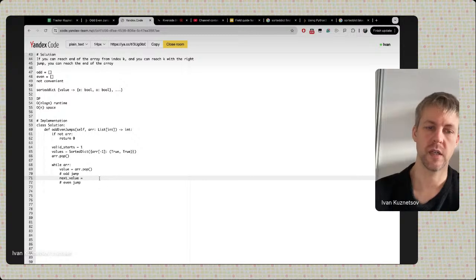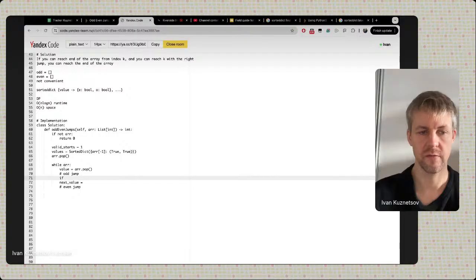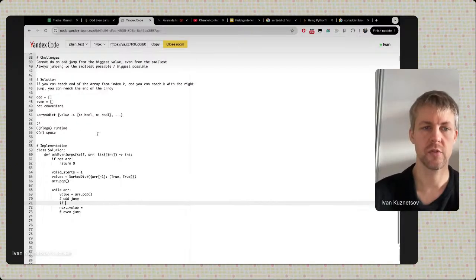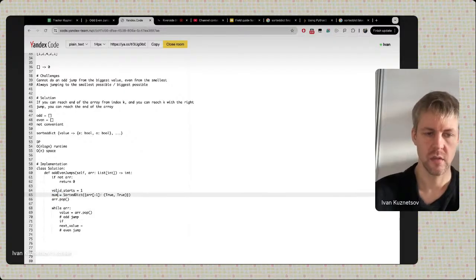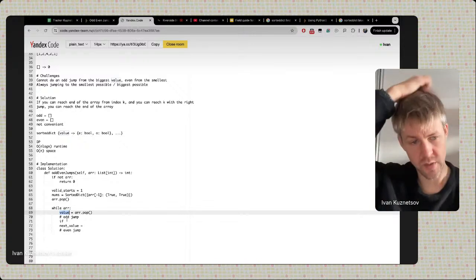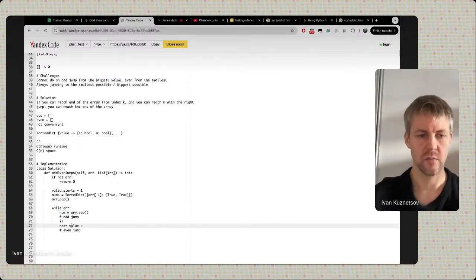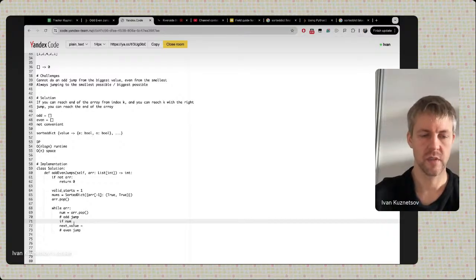and pick item. Okay, so first of all, if we are doing an odd jump, so odd jump should be done to a value that is bigger or equal. So if values, then should I call it nums? Yeah, I think let's call it nums, because values are also part of the dictionary and it will be complicated not to mix it up. Okay, so if num bigger than nums keys, max nums keys,